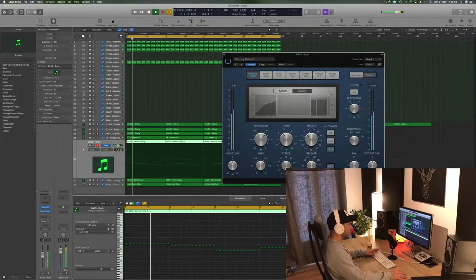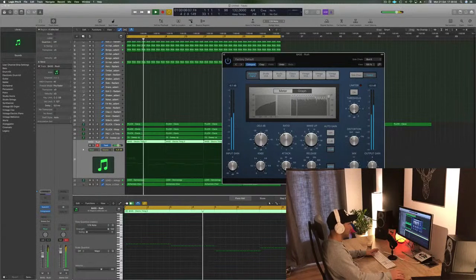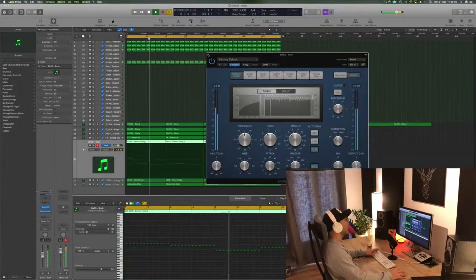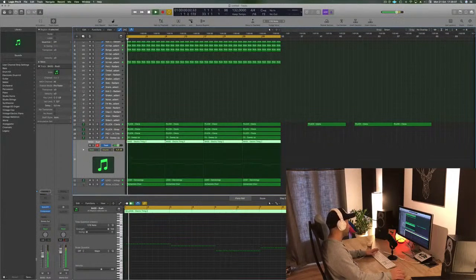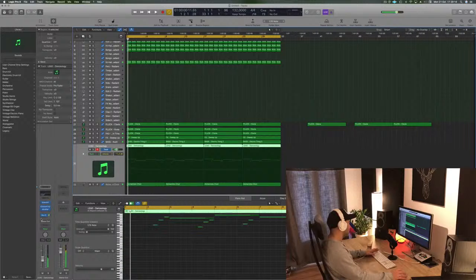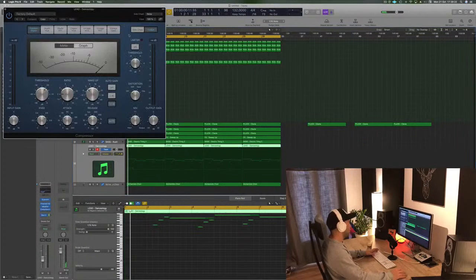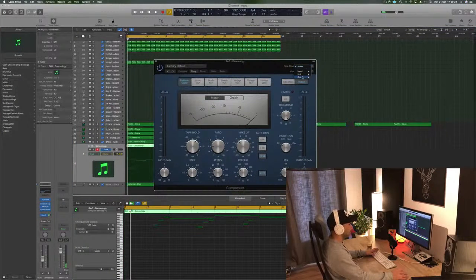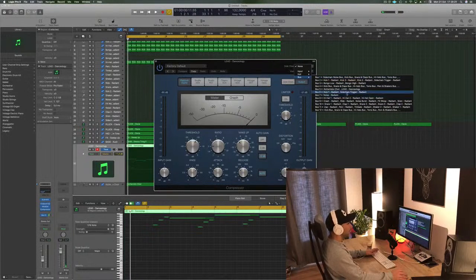Let's look at it actually with the graph here. I think I definitely have to compress more. I like to give the lead also a little bit of sidechain. You guys mind? Some sidechain. I sometimes sidechain just every single element of the track, but